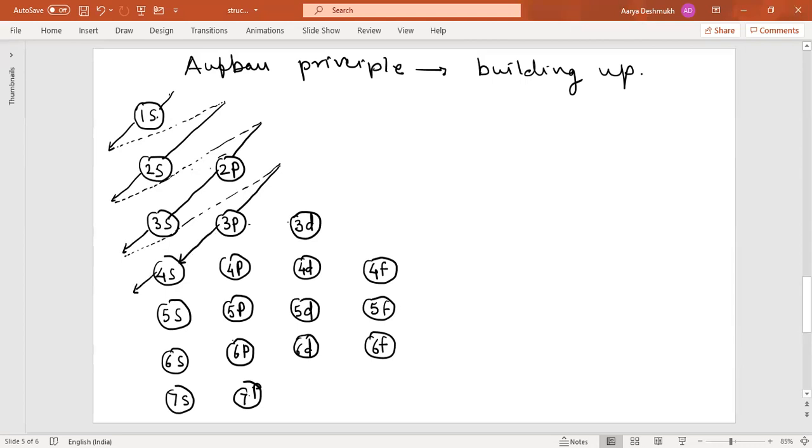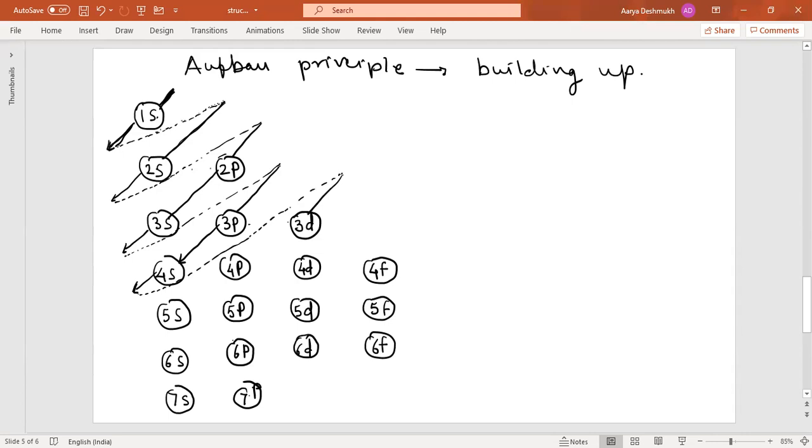Have you understood this? While filling, wherever I drew the thick line, you follow this path. Then go with the dotted line. Nothing should come in between the dotted lines. Just come down with the thick line. Now we reach up to 4s. Again from this 4s, we go with the dotted line. Nothing should come in between this dotted line. Remember, after this 4s, come down.